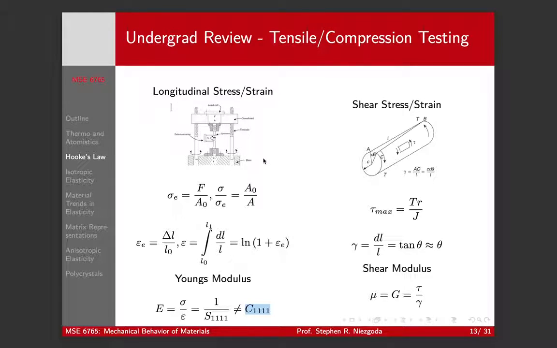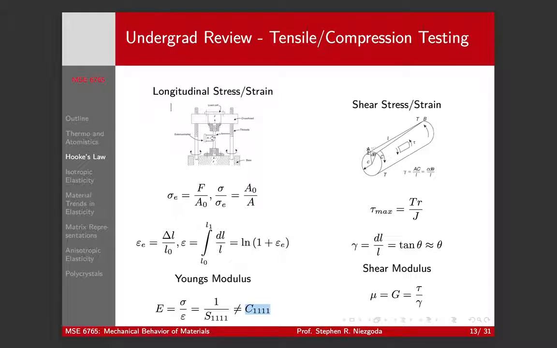That was for tension and compression testing. For shear stress and shear strain in torsional testing, we will define our shear stress as the torque applied times the radius of our sample divided by the polar moment of inertia. And our shear strain is, again, we're still going to say